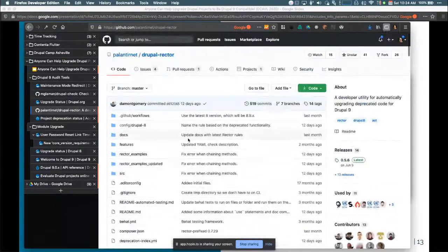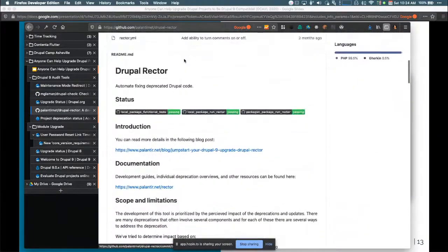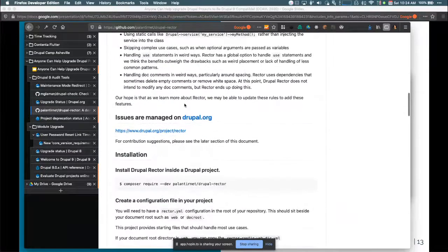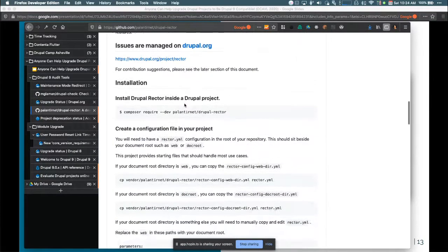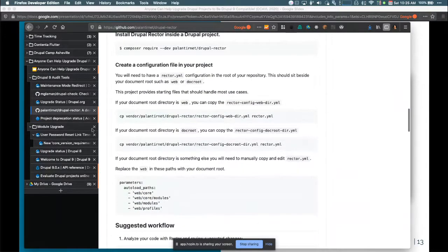So this is the project. This one's on GitHub, like Drupal Check. This is the Drupal Rector project on GitHub, and it has, again, really good documentation. It's a little more advanced, I would say, because there's a little bit of setup, but it's really spelled out here. You can follow the instructions along the way, and it's pretty good. The big thing here is you're going to have to make a decision and copy, depending on how your Drupal site structure, folder structure is set up. You're going to copy a config file that will end up being rector.yaml that lives in your project somewhere. And that just has configurations. And then they go into explaining all the configurations.